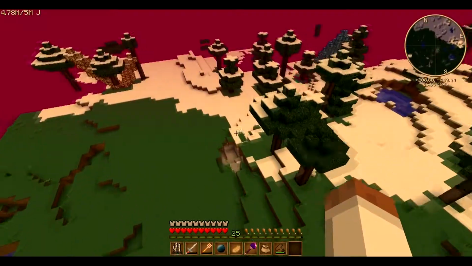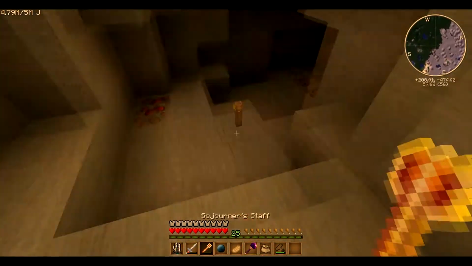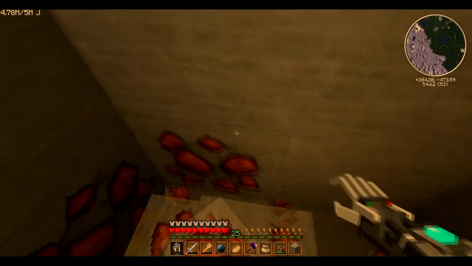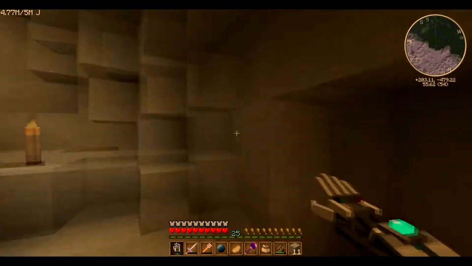So let's just fly along and see what we can find. We have 26 torches, that should be enough to at least start going, and we'll just mine everything we can. We'll do a good old-fashioned classic mining trip. Because, why not? We've not done one since like right at the start, so...